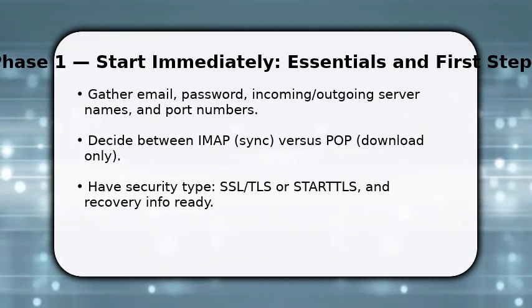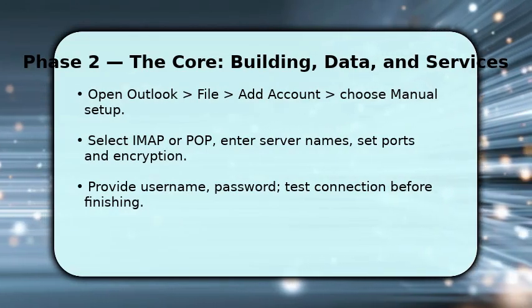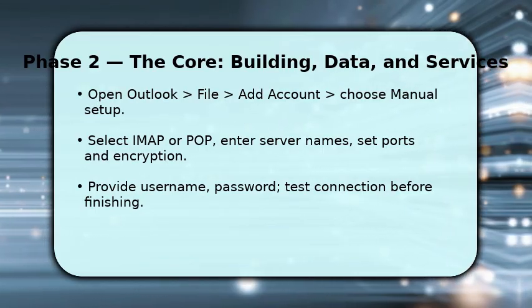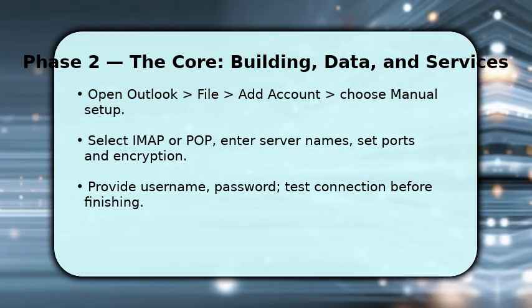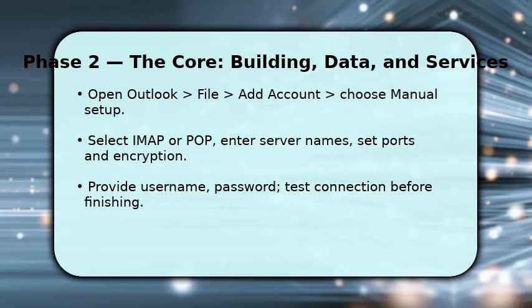You open Outlook, go to File, then Add Account, and select Manual Setup to take control. Next, pick IMAP or POP based on your earlier choice. Enter the incoming and outgoing server host names and precise port numbers. Set the encryption method to match the server,